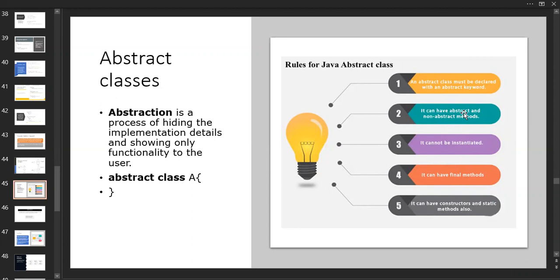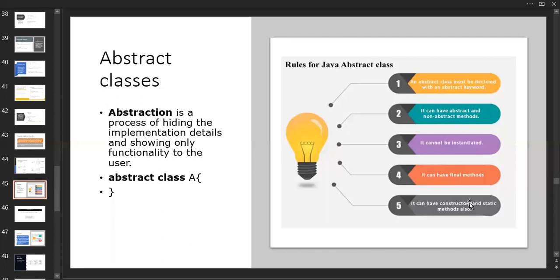Here we know about abstract and non-abstract methods. And here we have a constructor, similar to a class. A class also has a constructor, and the same thing will work over here. Static methods mean there is no need to create an object for them. When we create an object, the constructor is called directly.